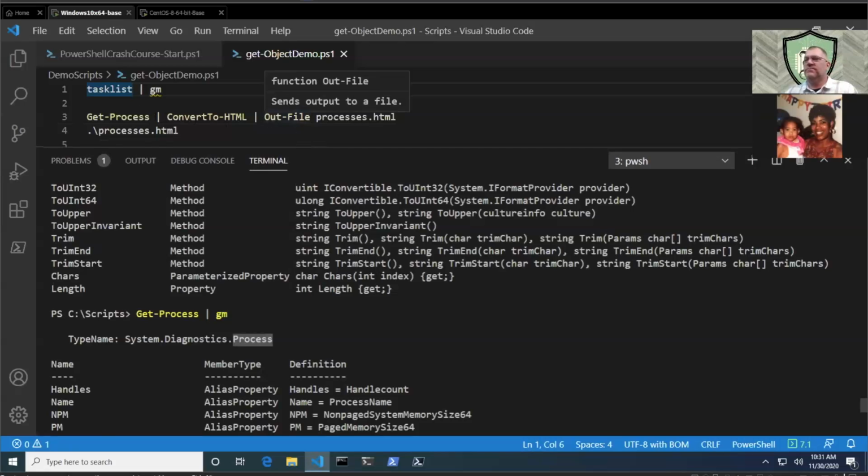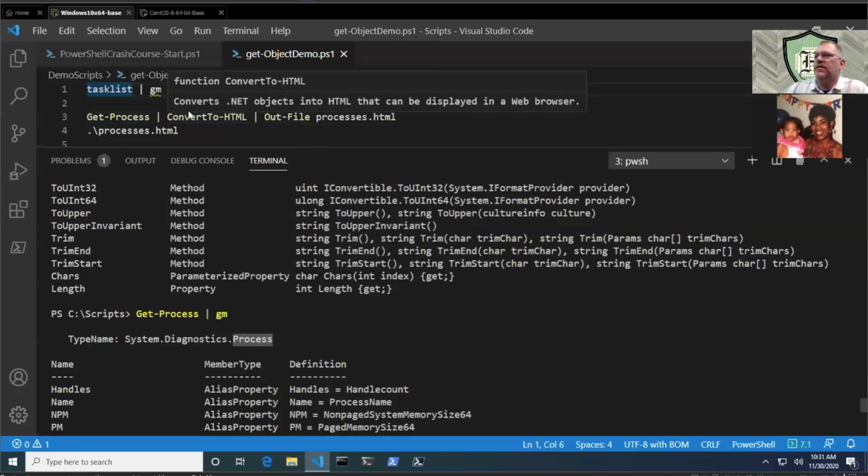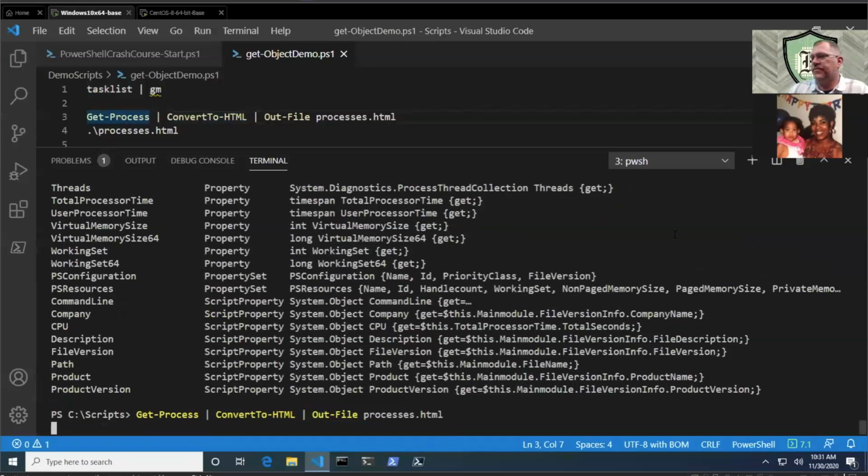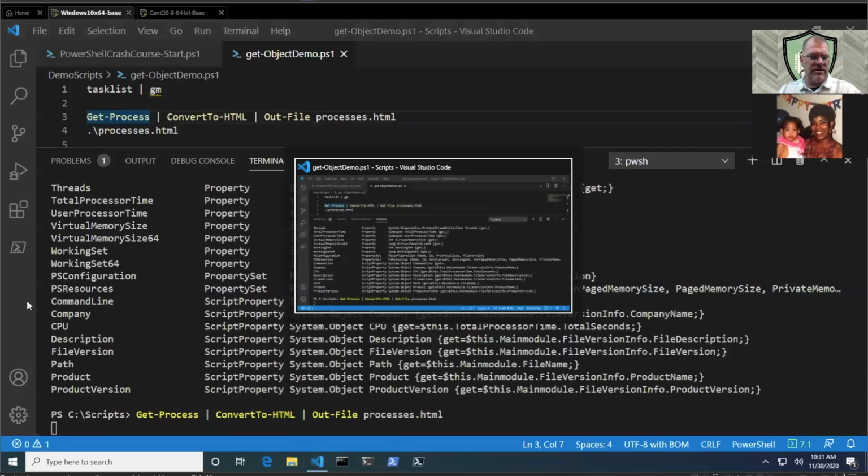And here's some things we can do. We can convert it to HTML, and then we can send it out to processes HTML. So if I hit that, we'll give it a minute. And once it's done, actually while that's happening, a lot of the things I'm doing in Windows can actually be done on Linux now. I'll go ahead and open up